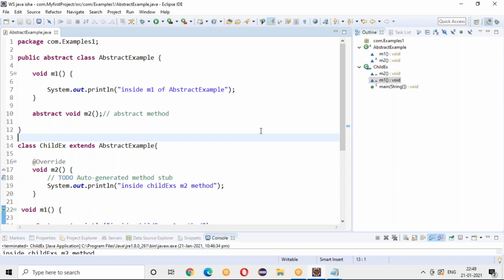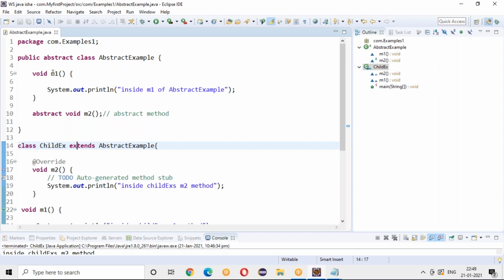Can you hear me? Yes, yes. Okay. So you understood this concept, right? So here you understood that overriding of your M2 method is mandatory whenever it's abstract. And there is one more point that I need to tell you. Whenever you are trying to do overriding, it may be the abstract method or it may be the normal method. An abstract method by default it will be. So okay, take it as a normal method.